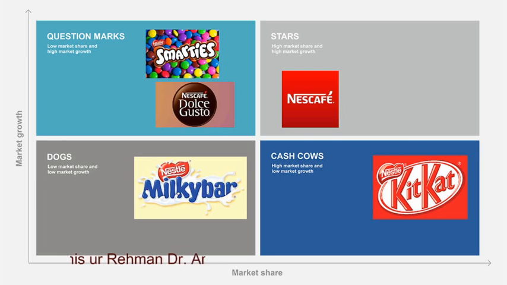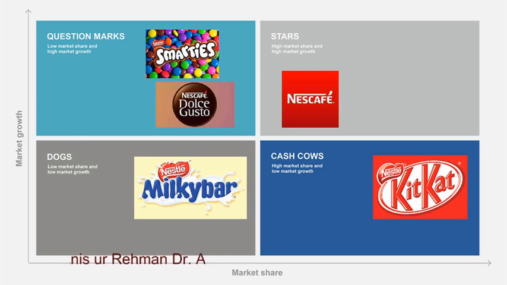Now we can take the example of computer games. The computer game companies often develop hundreds of games before gaining one successful game. Like you see, the company which made Angry Birds has made a lot of other video games, but we are not aware of them. We just know about Angry Birds, which is the most successful product of that company. So it is not always easy to spot the future star, and this can result in potentially wasted funds if we are not able to understand whether we can move this product from question mark into the star category.